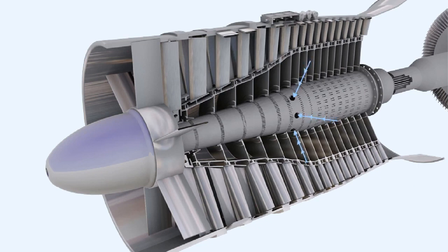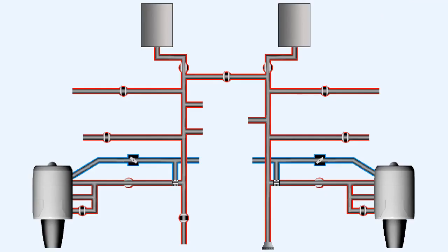The air bled from the compressor, which is used for cooling the internal components of the engine, is also utilized to pressurize seals, which will increase the efficiency of both the compressor and the turbine. Air bled from the engine compressor is also used to service many aircraft systems. In the modern turbofan aircraft, these may include air conditioning and pressurization,